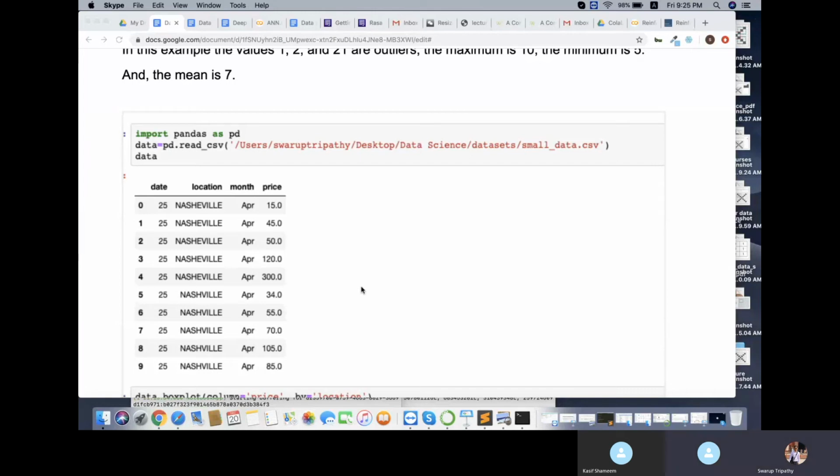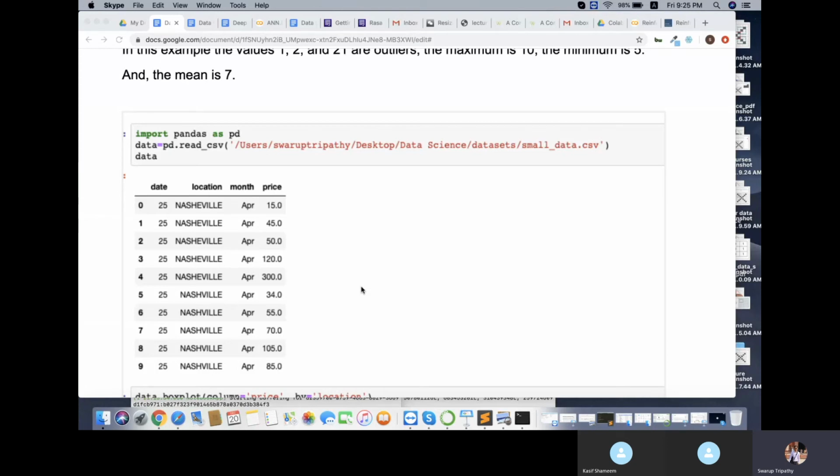Okay, so after that, in this data, we have 10 records. In these 10 records, if you look at location, we have two different unique locations here. One is Nashville with an E, and the other one is Nashville without an E. So we have two different locations, and it shows you the price of houses in both of the locations. So this is a house price I have taken in both of the locations.